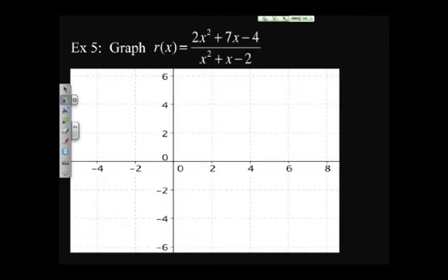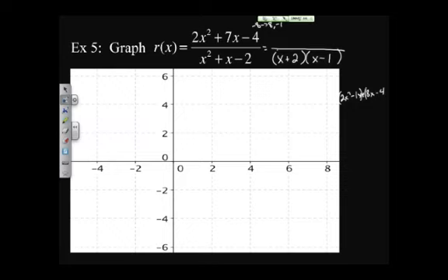So looking at this first one, our first step is factor. So let's go ahead and try and factor this. The bottom we'll factor pretty easily. X plus 2 times x minus 1. On the top, going through that process again, 2 times negative 4 is negative 8. The factors that will work there are a positive 8 and a negative 1. And so, let's do the work over here. We have 2x squared minus 1x plus 8x minus 4. And we factor by